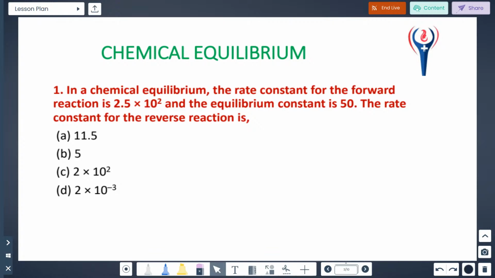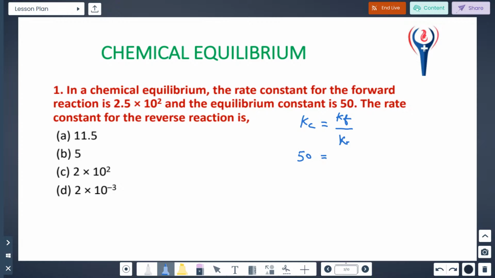So we have one relation between the forward reaction constant and the backward reaction constant. What's the relation? Kc is equal to Kf by Kr. Kr means the reverse reaction constant. Understood? Here Kc is called the equilibrium constant, Kf is called the forward reaction constant, and Kr is called the reverse reaction constant. Understood? So here the equilibrium constant is given, so just substitute 50, which is equal to